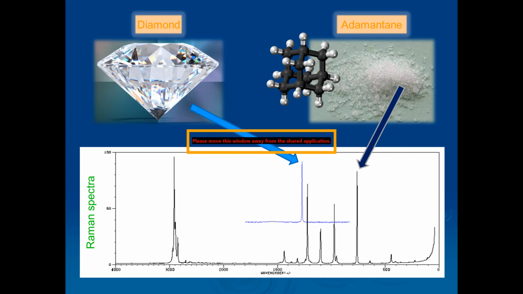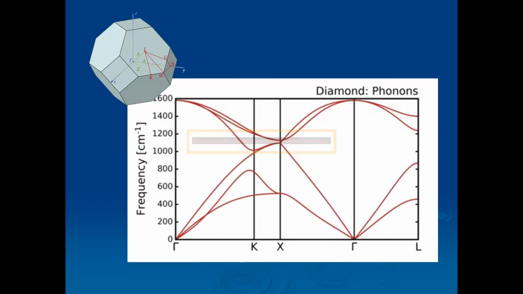And now the question is, how is it possible that going to a larger system, more complicated in a sense, the spectrum gets so much simpler? The answer is easy if you look at the solid state physics theory. For a diamond, if you look at the first Brillouin zone, the only place where the actual